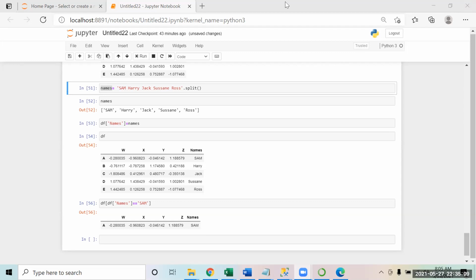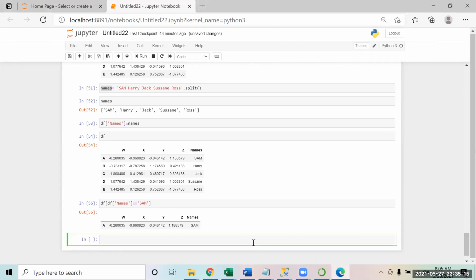Amit, we didn't do how to drop a row. We did not. What you do is the same thing that we use. We have df dot drop. Whatever row you want to delete, suppose you want to delete the row that is A, I've given the row name over here.